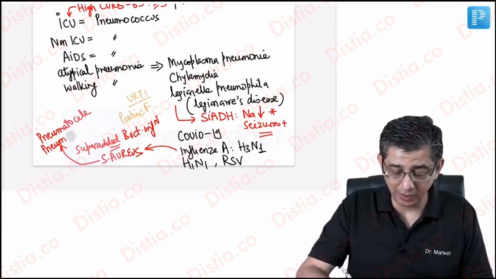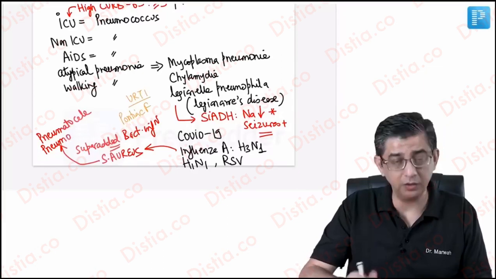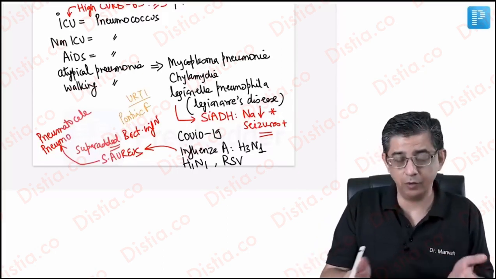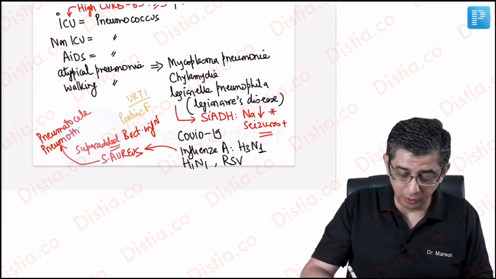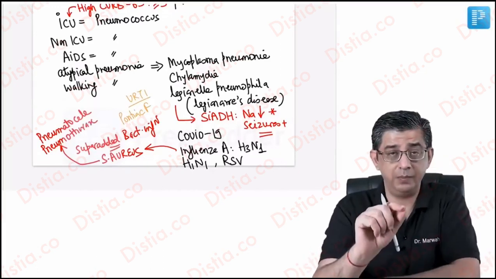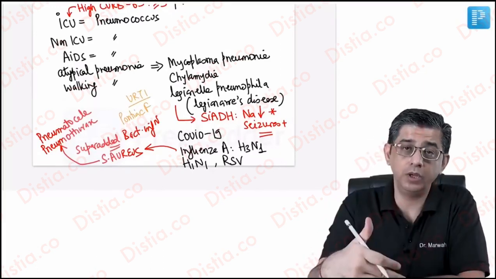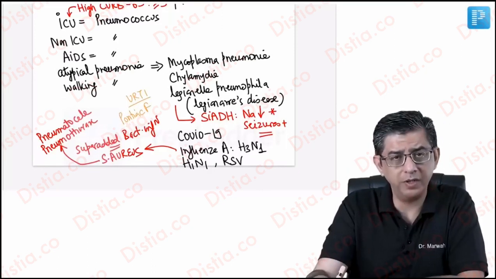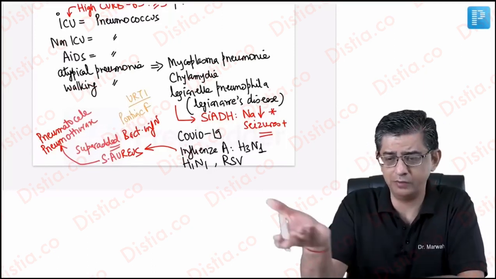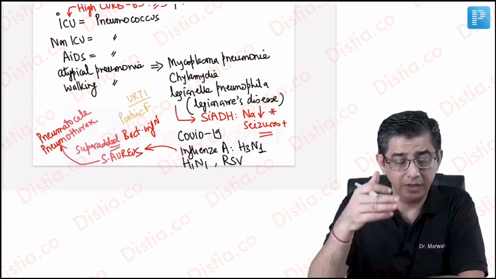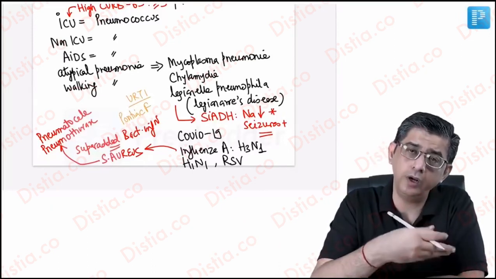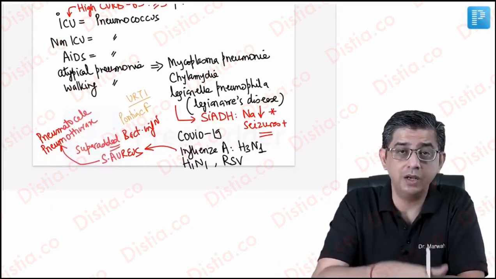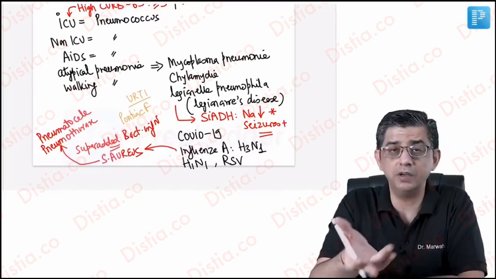In fact, this has been asked in the previous, we used to call it AIIMS exam, now we call it INI-CET exam, but you definitely have to remember this statement. A known patient of pneumonia, a sick patient on vancomycin, he himself gave a hint also, because when you read vancomycin, you think Staph aureus. He said a sick patient of pneumonia already on vancomycin for 2 days is now having worsening of symptoms,